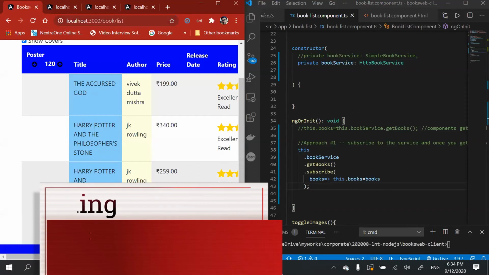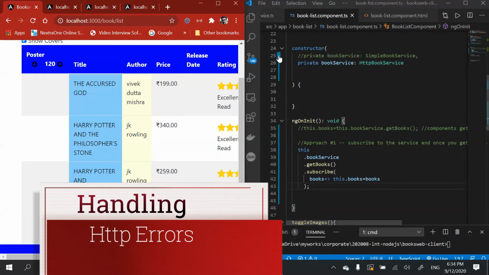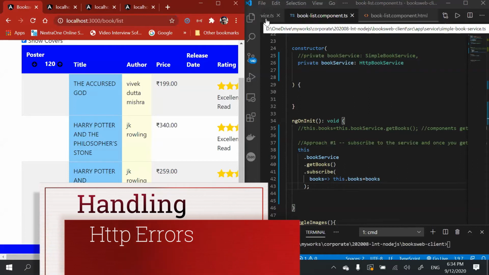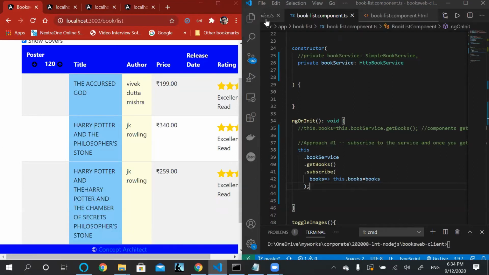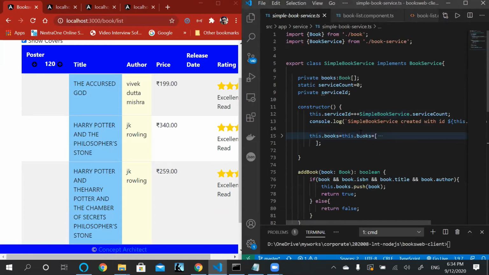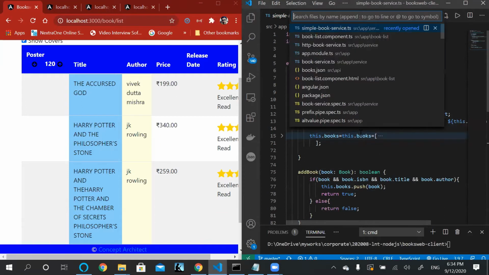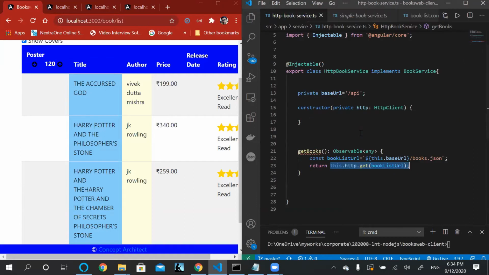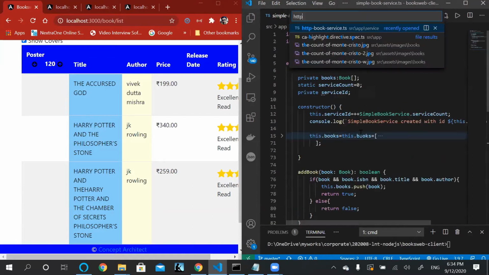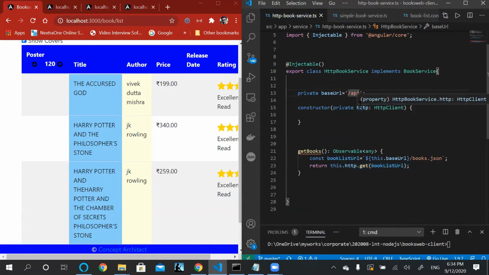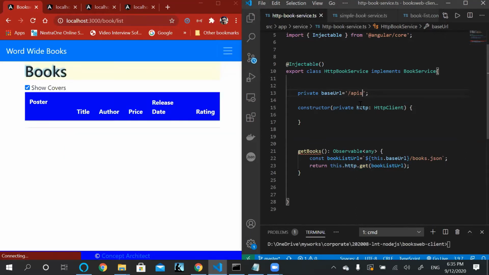But let us first understand what happens if for some reason I cannot get the server data from the server. Maybe server is down or your URL is not correct. So if I come to the HTTP book service, suppose my API data is not correct. I am going to a wrong URL.